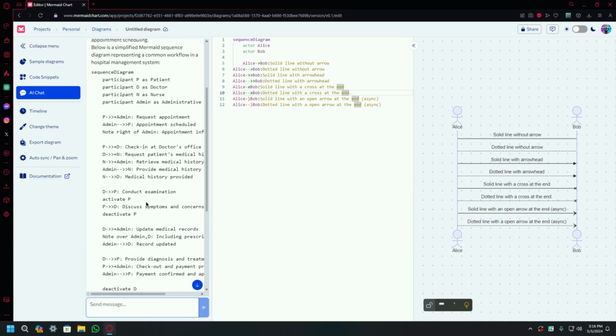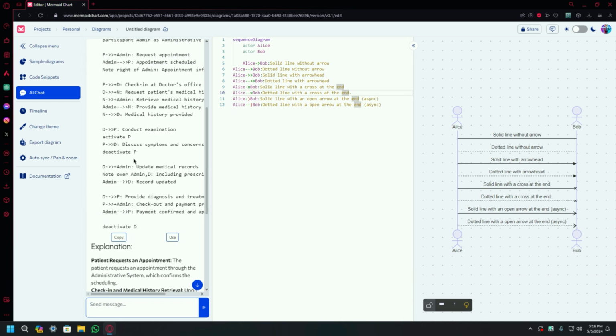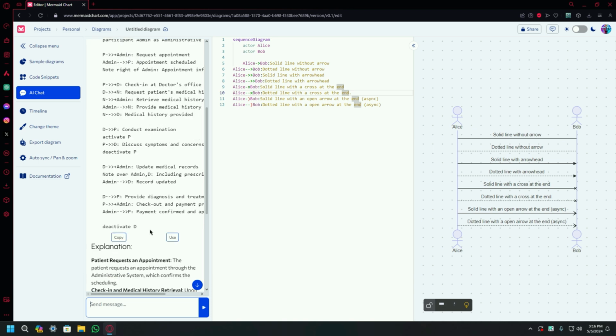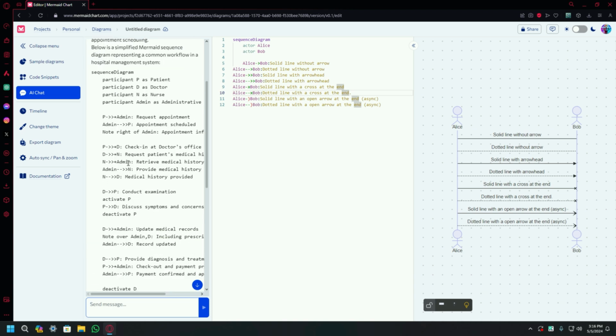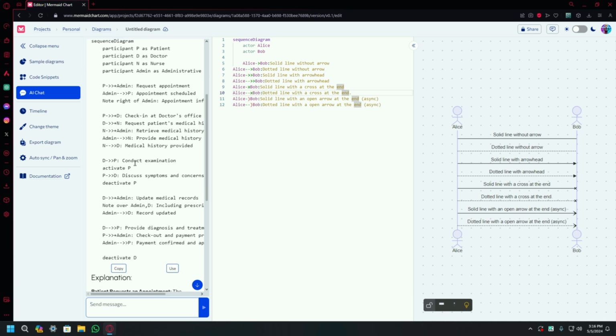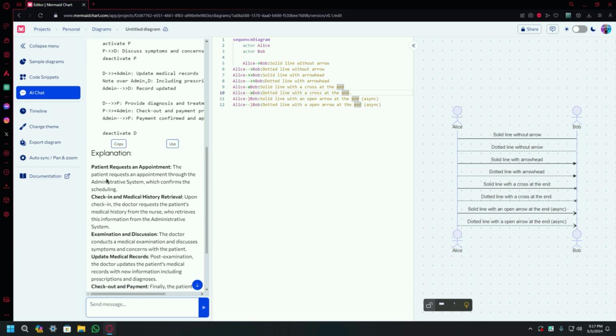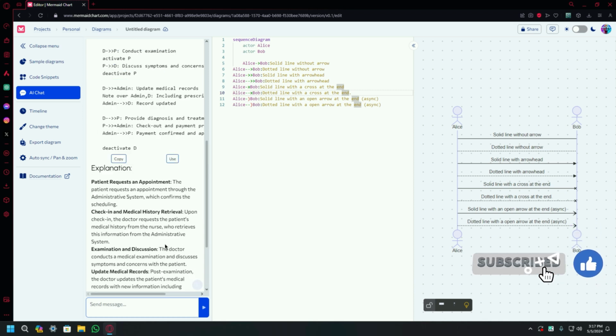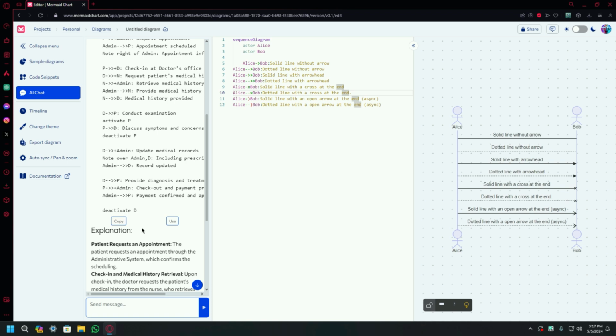Also, we don't have to face any errors now because they have a built-in chatbot which has their Mermaid code and is trained on that. So we don't need to troubleshoot or diagnose any errors. You can just copy the code and it will run on the first execution. You can see that it has also added an explanation like ChatGPT. So let's copy this code or use this code.